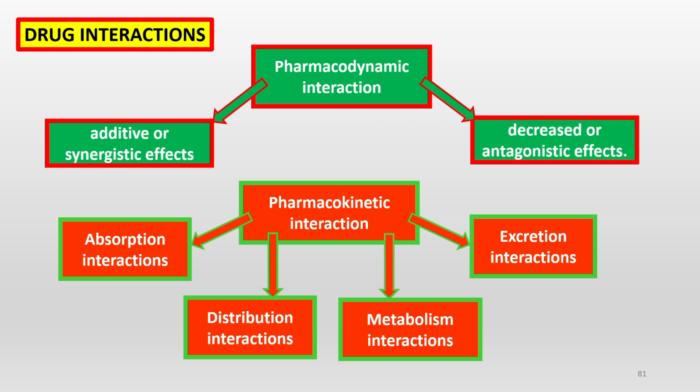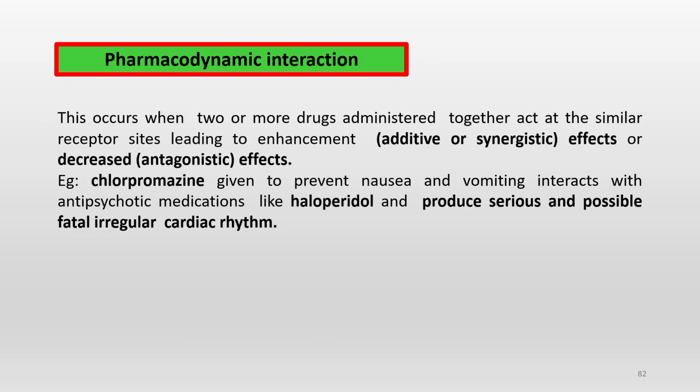So it is very easy for the students to explain clearly about drug interaction, since you have the knowledge of pharmacology. But still, if they are asking for a 5 mark or 10 mark question, it is necessary for you to use this basic knowledge and write. So, drug pharmacodynamic interaction, as we are told, occurs when two or more drugs administered together act at a similar receptor site. They are competing, leading to an additive or synergistic effect, or a decreasing effect may also happen.